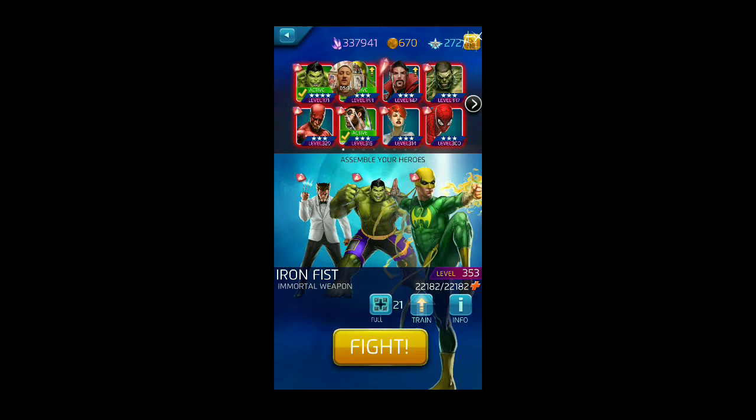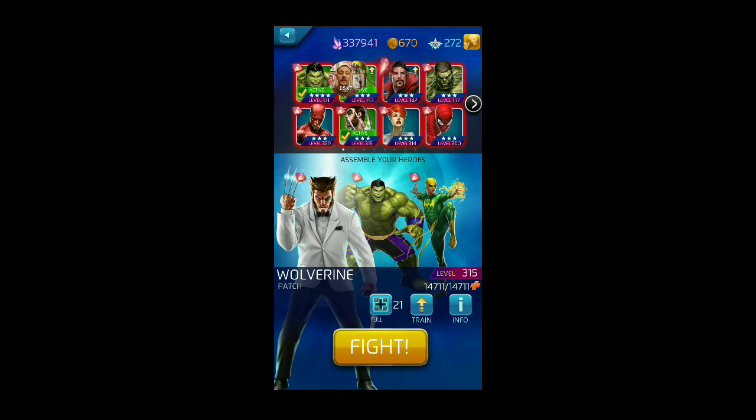The trick is to avoid letting Galactus get to, I think it's 28 of those black tiles for his Cosmic Wrath ability, and he just wrecks the entire team. There's no stopping it. But with Totally Awesome Hulk, Iron Fist, and then Wolverine, he's going to be able to heal continuously and increase the amount of match damage with his red and green abilities, putting strike tiles